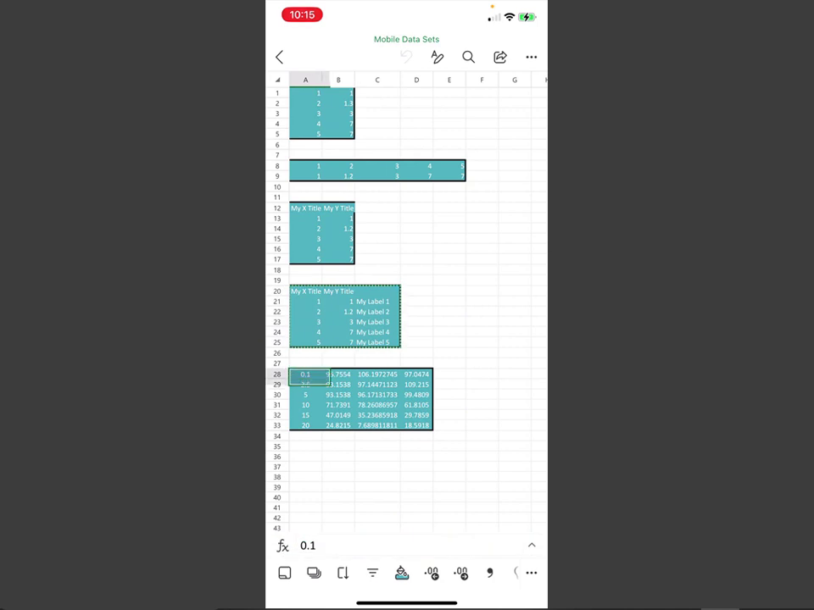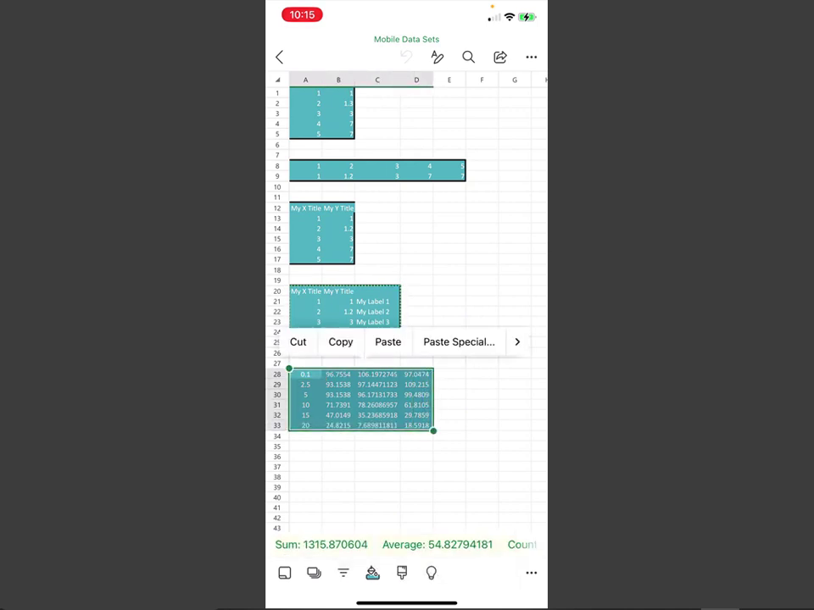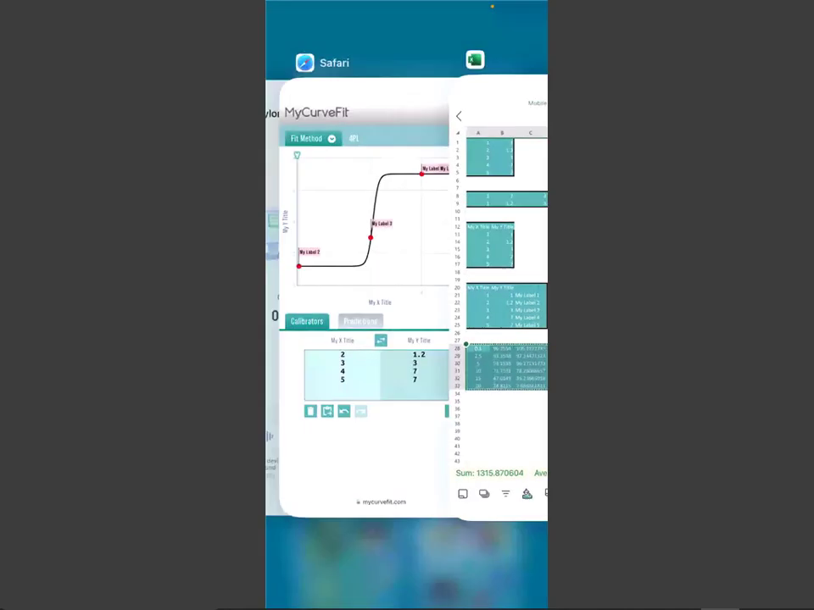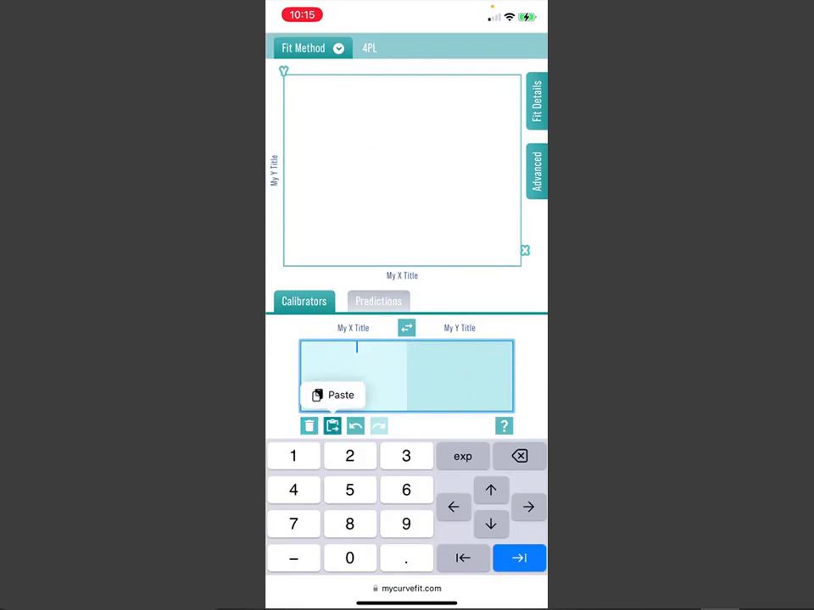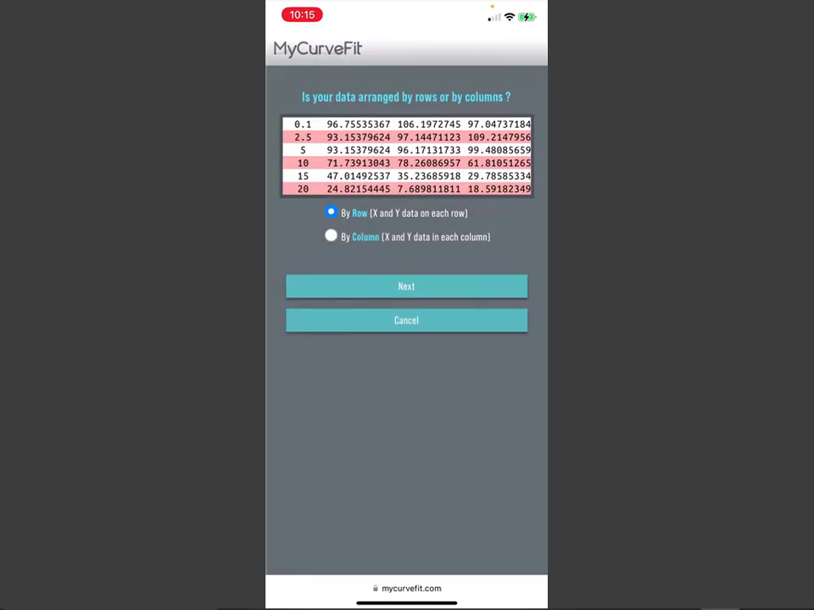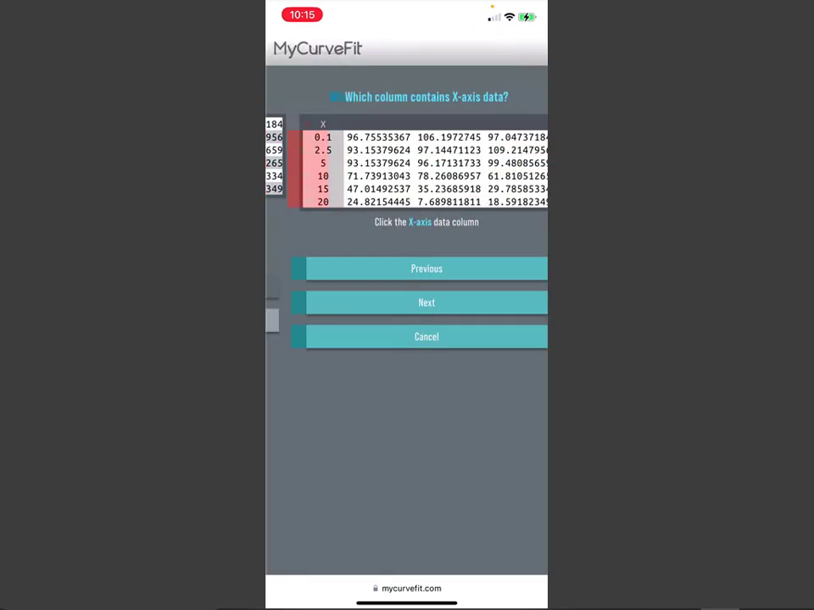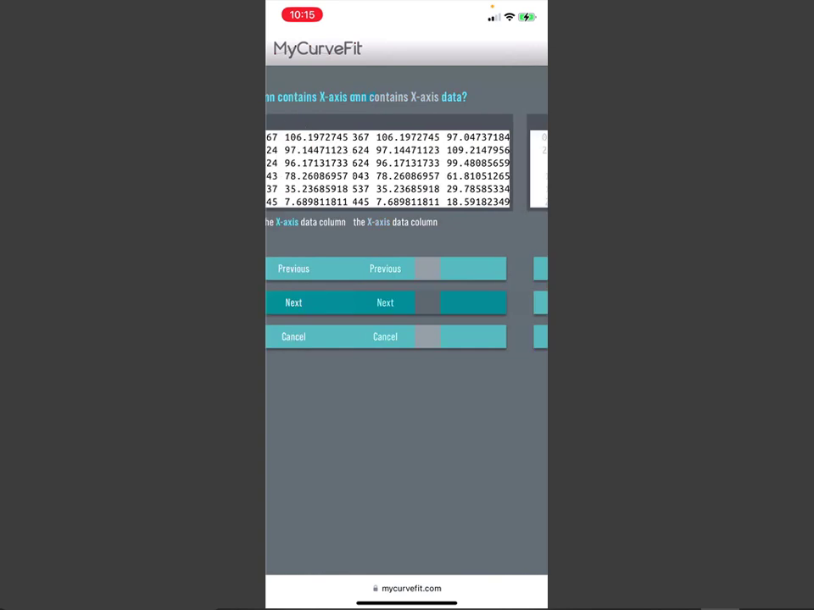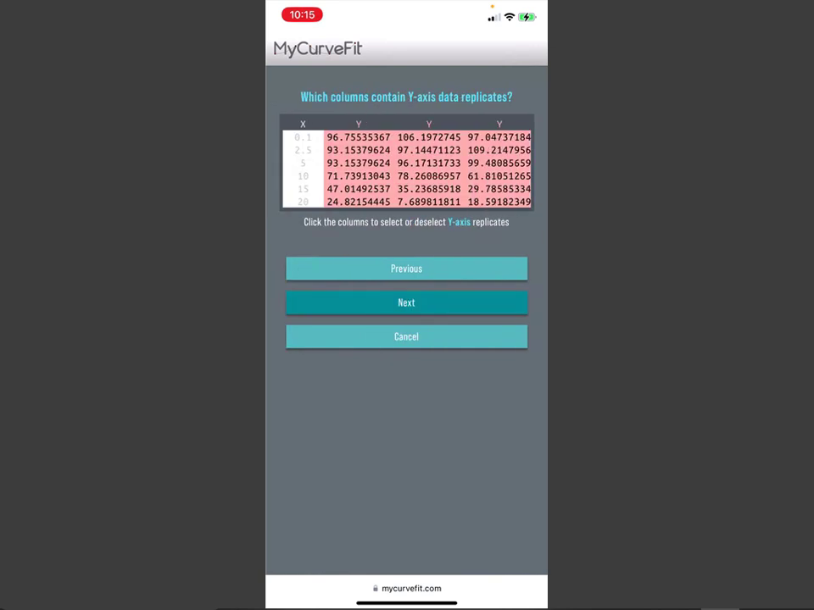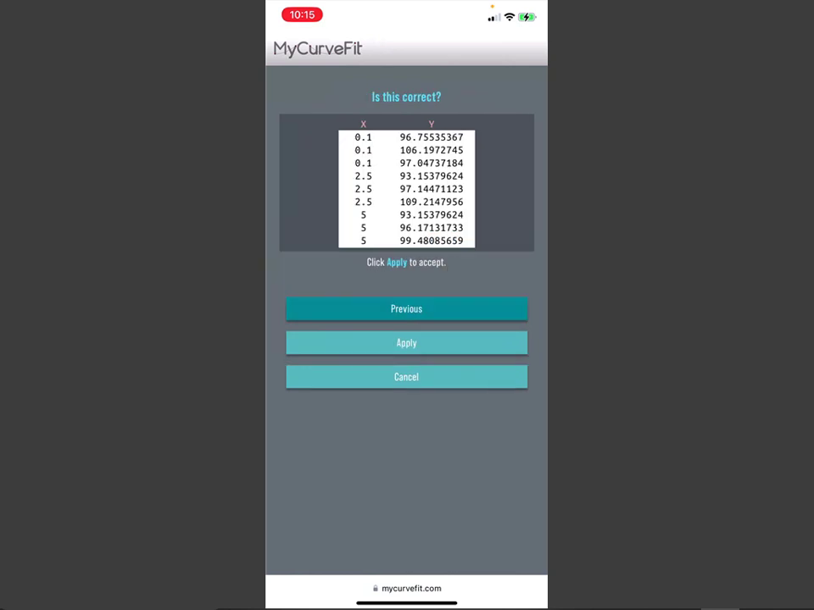So I'll again select my data and copy, remove the data from MyCurveFit and paste in. I'll select the data arrangement, x-axis data column, and you'll see there's an additional step asking us which columns contain y-axis data replicates. I'll leave all 3 columns selected, and on the last step you'll note the x-axis values have